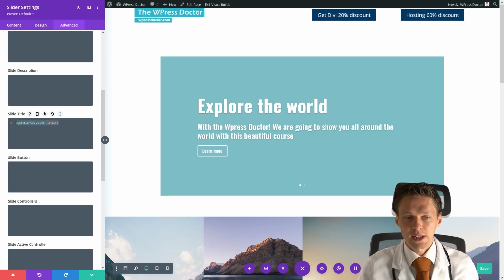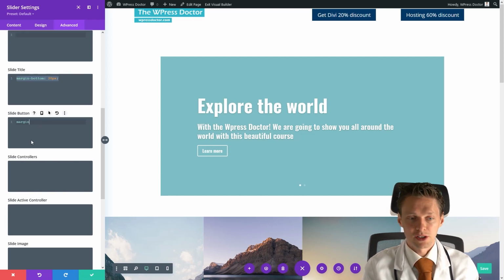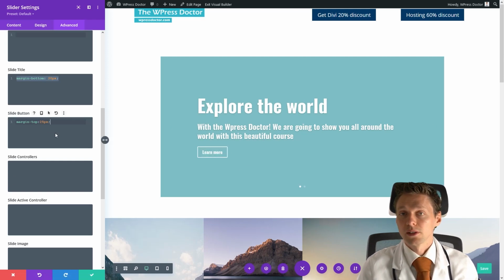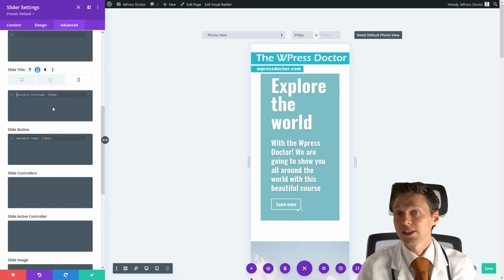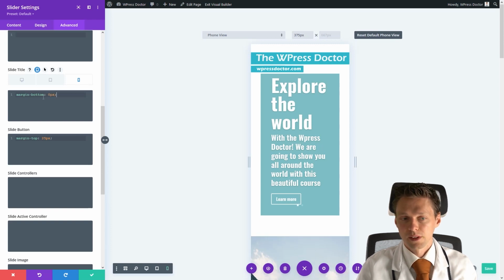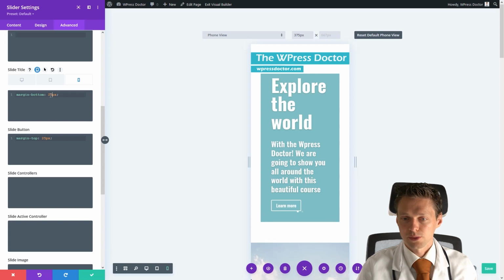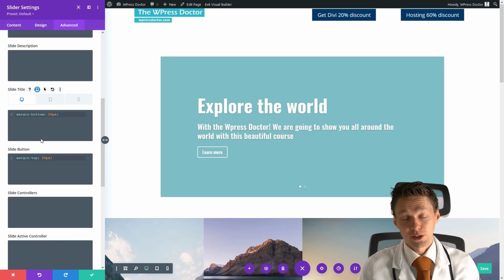And if you also want to add some space below the text, just go to your slide button and add margin top, well, 25 pixels. And now you have a little bit more spacing right there. Don't forget to check how it looks on your mobile device. And if you don't like it, go to this button, press phone. And here you can also change the CSS. If you don't want it, then just add margin bottom 0, for example. Or maybe you like to have 25. I think it's better. And also for tablet and of course for desktop. All right, so now you know how to add more spacing.